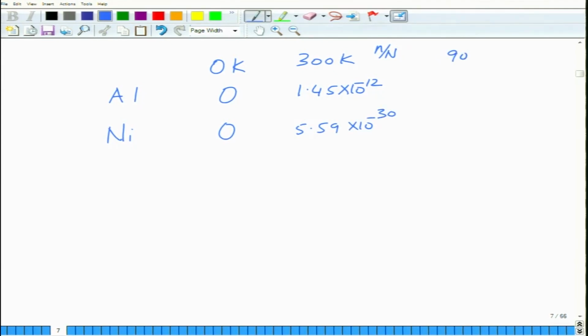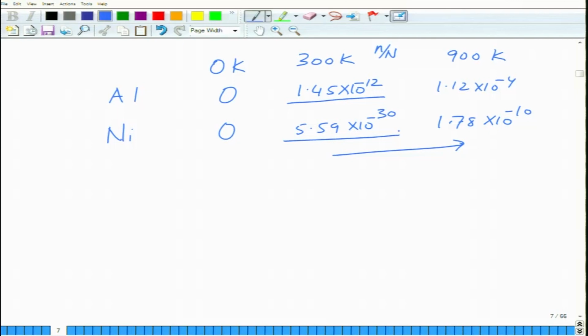At 900 Kelvin, this happens to be 1.12 into 10 to the power minus 4, and this happens to be 1.78 into 10 to the power minus 10. So you can see that as the temperature is increasing, there is an exponential increase, but there is a difference between aluminum and nickel. Aluminum has a vacancy concentration which is far higher as compared to nickel,